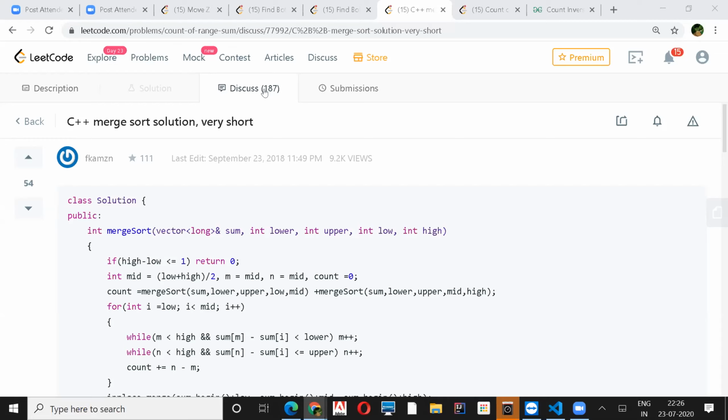Right. So the first condition is move to the left as much as you can, considering your cumulative sum is not less, I mean, the range is not less than lower.